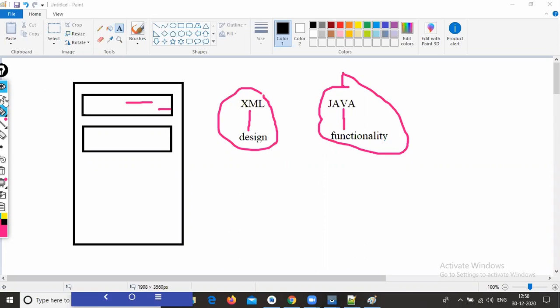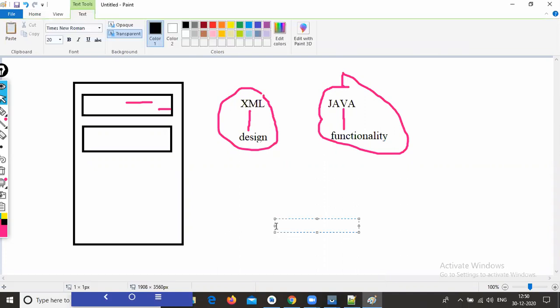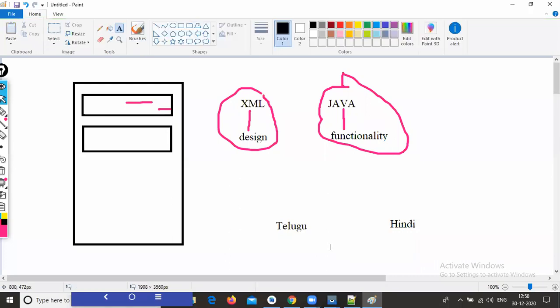See, we have two students available, one Telugu student and another Hindi student. This Telugu student doesn't know Hindi, and this Hindi student doesn't know Telugu.